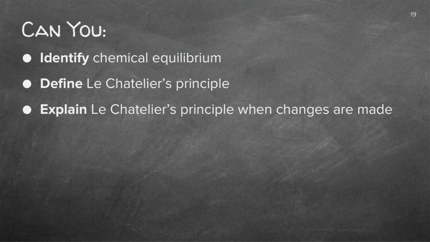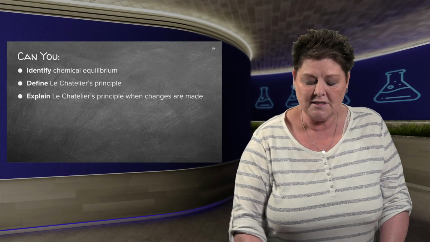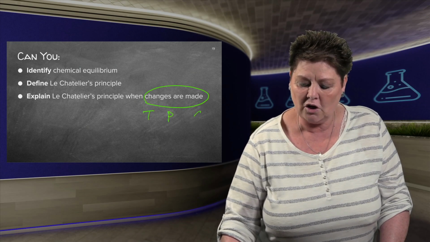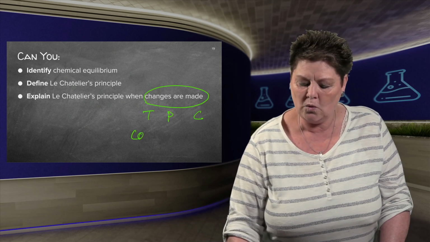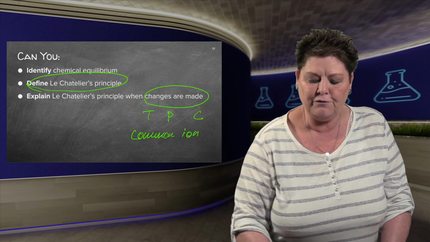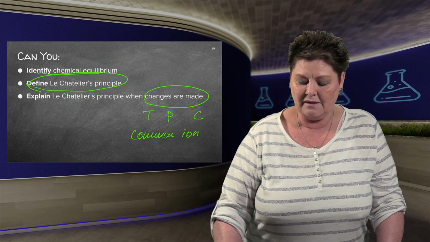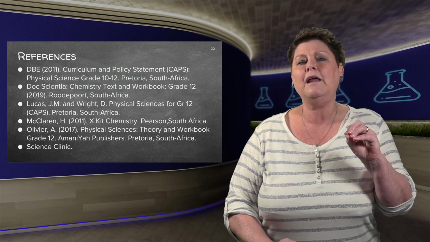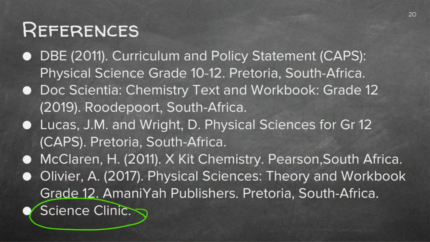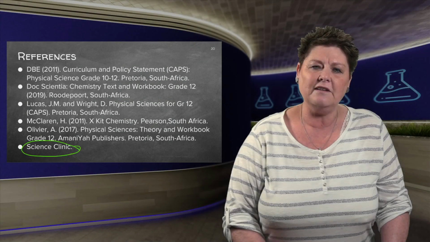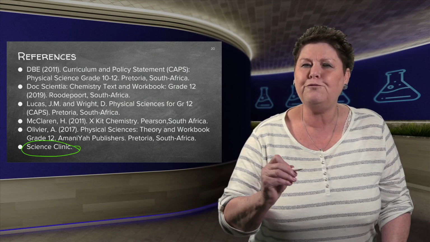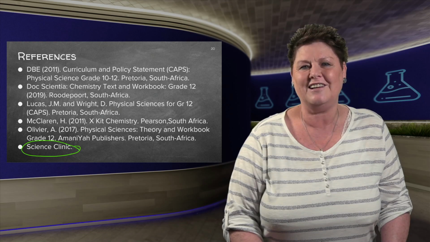You need to know the factors that can change. As we said, we can change with temperature, pressure, and concentration. And now you saw we can also do it with a common ion. You need to be able to define Le Chatelier as well as identify the products. Go to any textbook. Science Clinic is freely available. Siyavula, freely available on the internet. And then there's textbooks, excellent textbooks with exercises. I hope you get full marks when you answer the question on Le Chatelier.